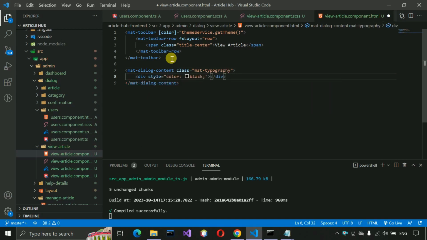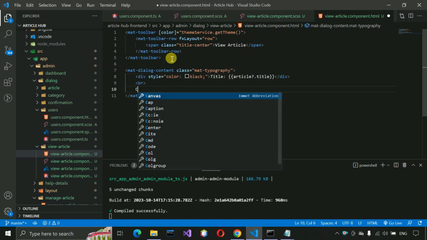Here we have to write title, and the interpolation technique we are using here, so article?.title if it exists, and then we are going to break the line, and then here we are going to write category,